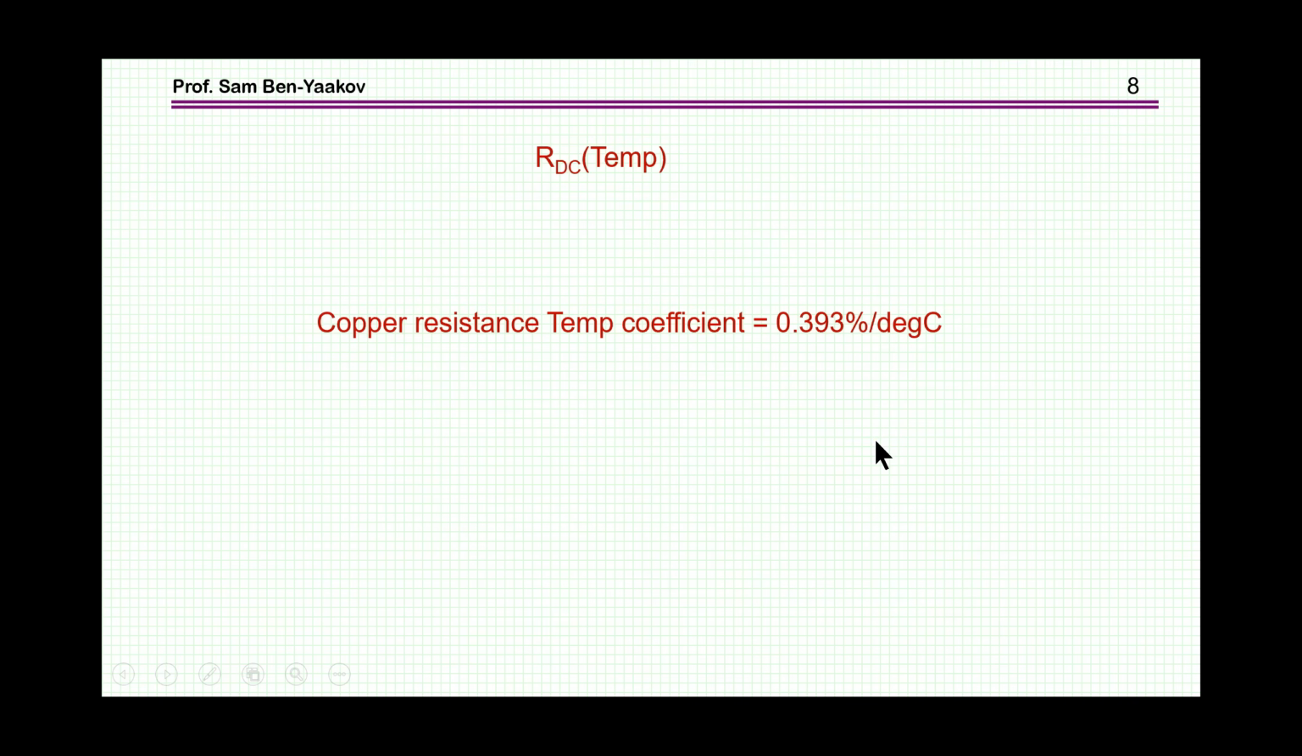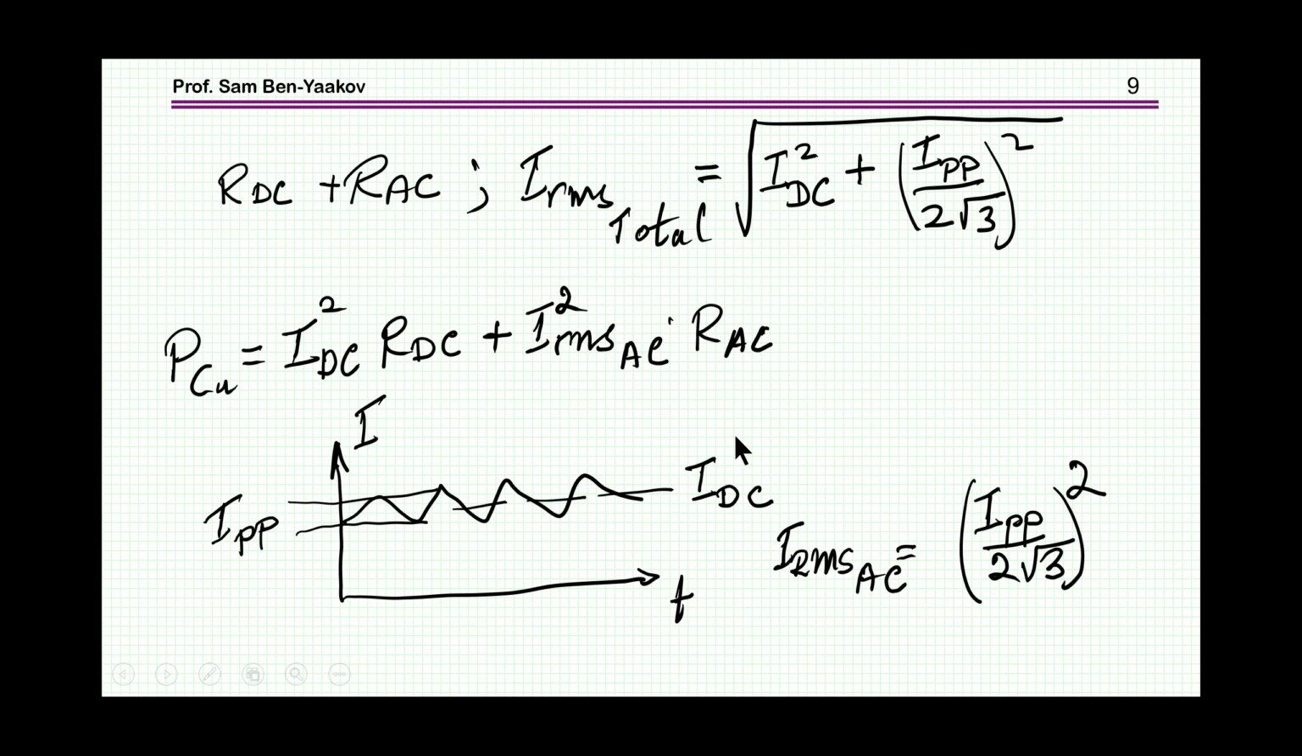So, aside from the fact that you have R_AC and R_DC, there is also the effect of temperature. As the temperature goes up, the resistance of copper, or any other material, goes up, and in the case of copper it's about 0.4% per degree centigrade. So if the inductor is heating up, it could be a fairly large difference for the resistance. Now, if I know the resistance, R_DC and R_AC, then I can calculate the copper losses,